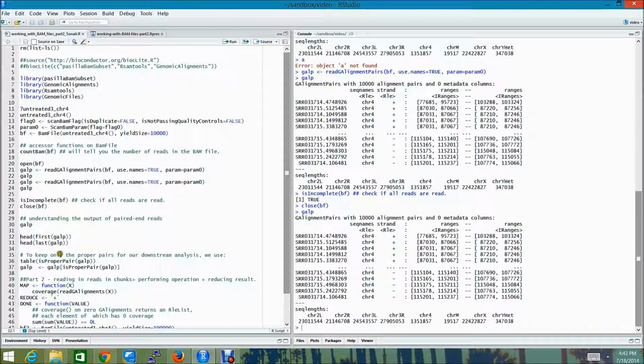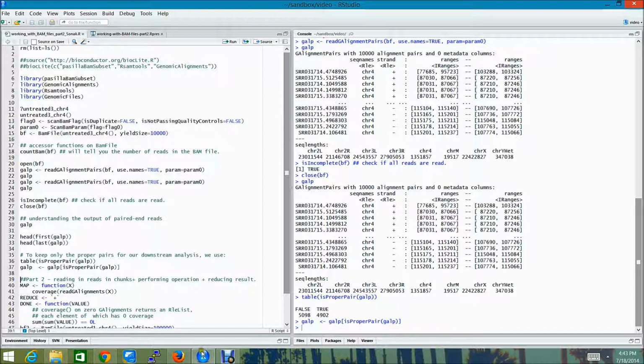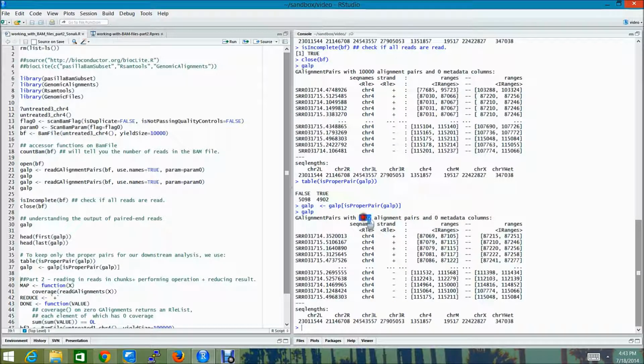The SAM spec says that we should be keeping only proper pairs for our downstream analysis. So to find out how many pairs are properly aligned to the reference, we can use this table command on it, and we can find that only 4902 records are the ones which are properly aligned. So let's subset our galp to keep only the proper pairs, and as you can see, it contains only 4902